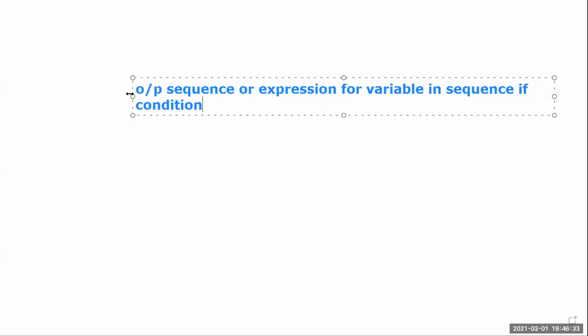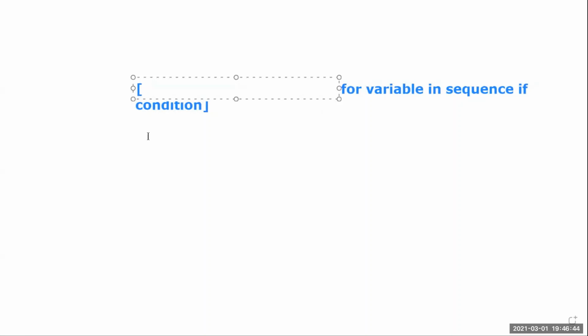Okay, so this I have to represent in a list. That is the syntax of our list comprehension: output sequence or expression for variable in sequence if condition.